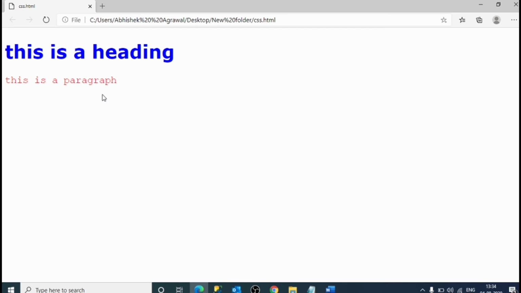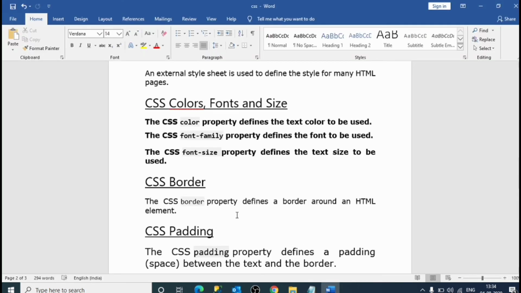Now we'll see CSS border. Now what is CSS border? The CSS border property defines a border around an HTML element. So we'll write a small code.